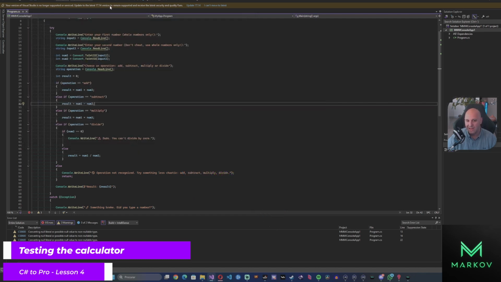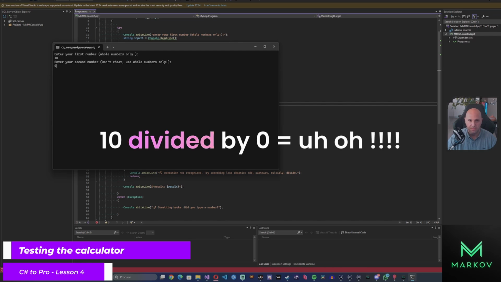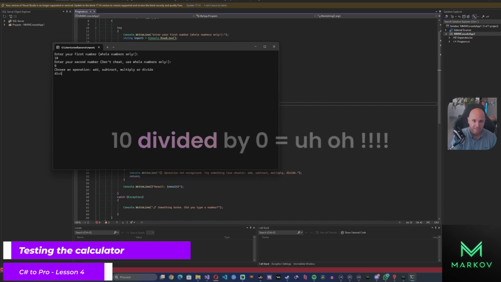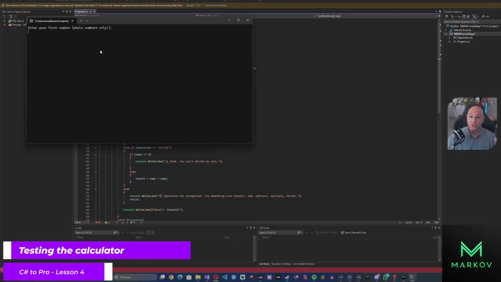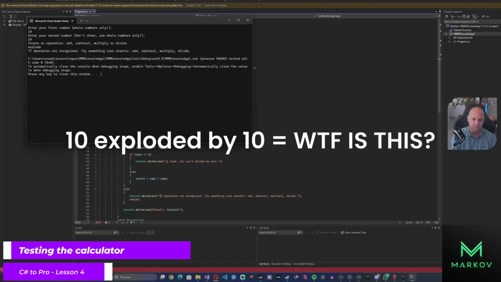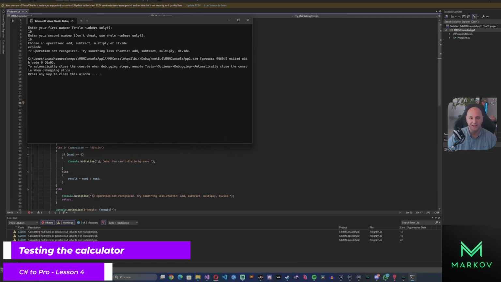And now let's try to break this on purpose. So divide 10 by 0. We should have an error. Nice! So let's do one more test. Let's type something weird like explode or banana for the operation. So 10, explode. Operation not recognized. Awesome! Error handling working as expected. But